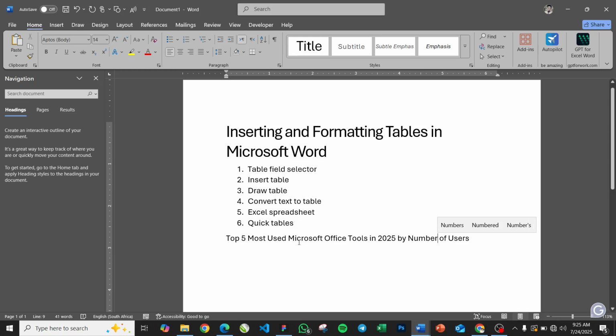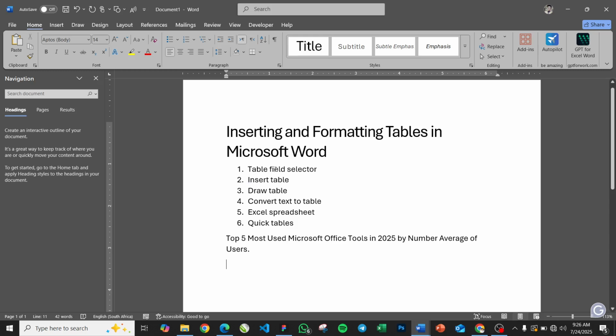Okay, the top 5 most used Microsoft Office tools in 2025 by number of users. I'm going to add average here, though this is just going to be sample data, not real data. Okay, so I'm going to come over here. This is the title of our table, so I'll come over here to the bottom and say